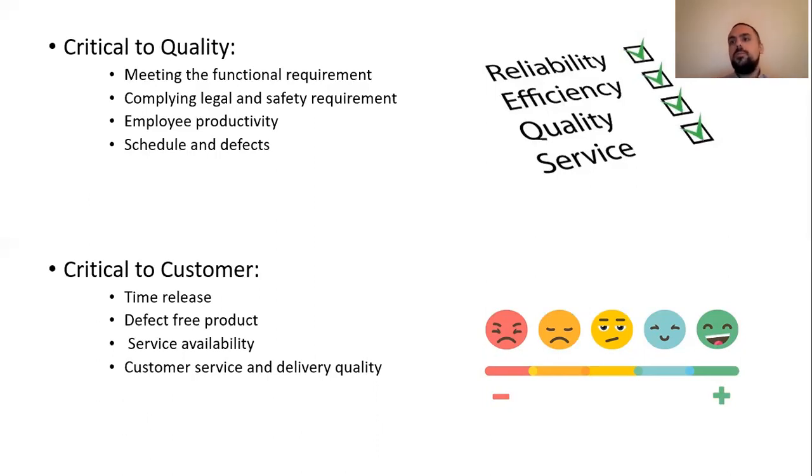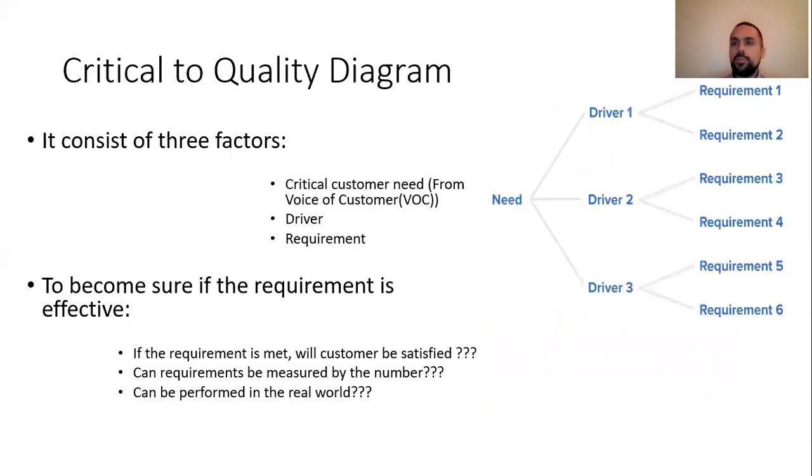Now we know the difference between critical to quality and critical to customer. We know that some factors are just related to the quality. They are important, but about the quality, and probably customers don't pay attention to them. So they are just critical to quality. And those factors which are important for the customer are critical to customer. Now please pay attention that